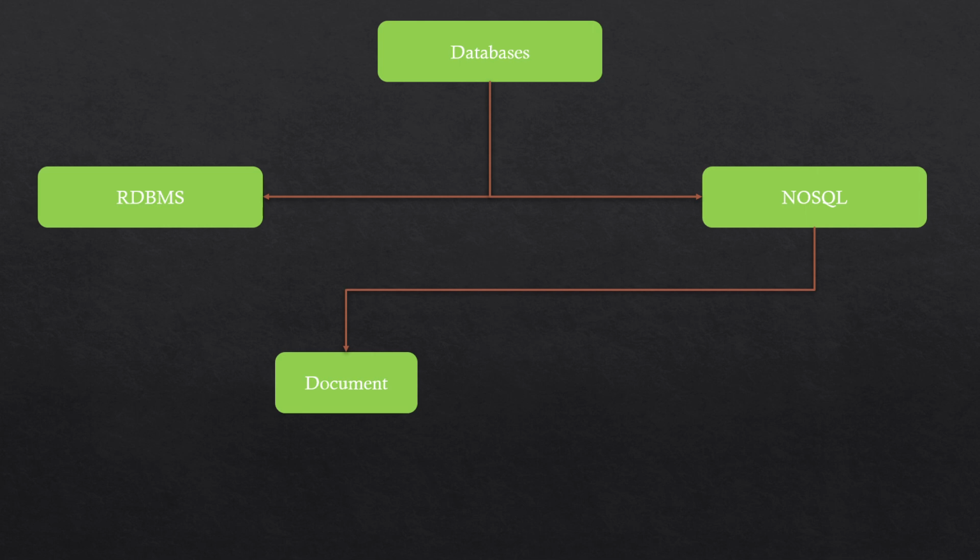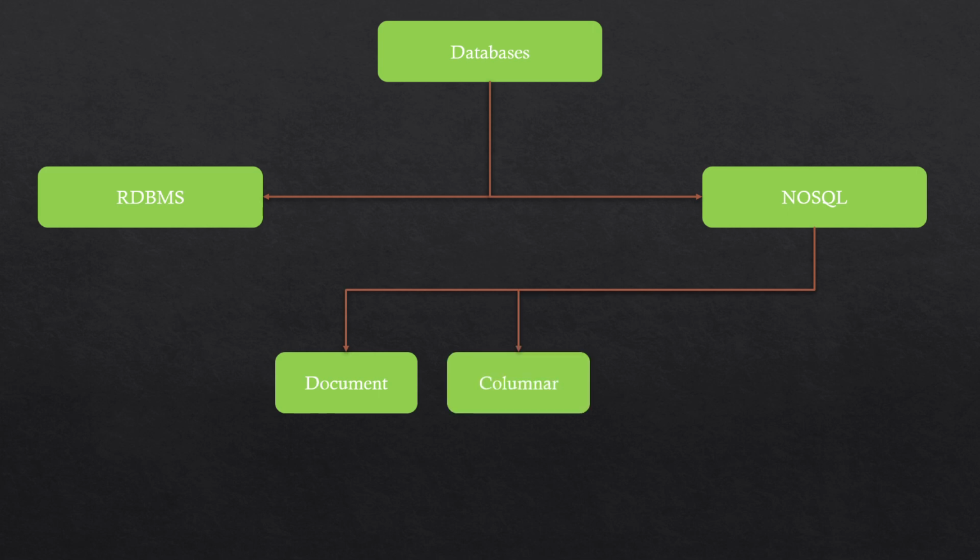Again, the example is the one which I told earlier, where you have a catalog. You can imagine it like an actual catalog book, where you have the book as the table, and each page of that book will define one entity. Now each page can contain different items which will have different specifications. So it does not adhere to a particular kind of schema, but it can basically store files like JSON or BSON, which is the binary JSON. So it can store those kinds of things, and a good example for this is MongoDB.